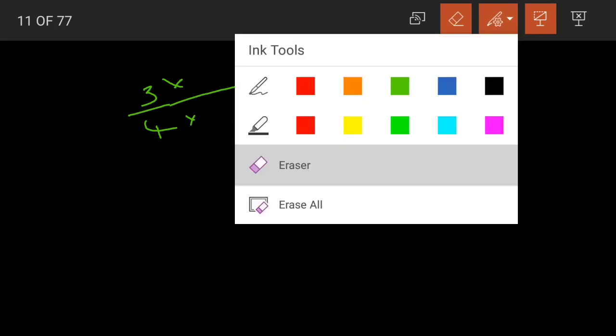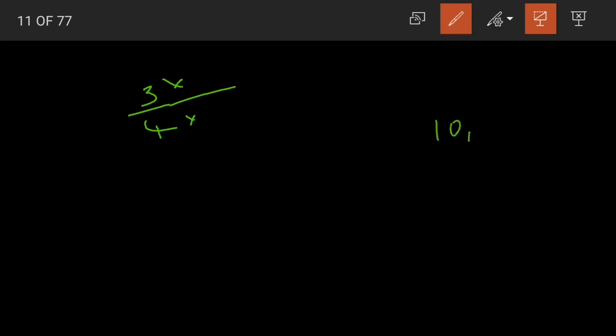Do you remember equivalent fractions? Equivalent fractions are those which are equal in value. How did we find them? We either multiplied the numerator and denominator by the same number, or we divided the numerator and denominator by the same number. Now what were the denominators that we learned? So that the denominator becomes 10, 100, 1000 or so on.